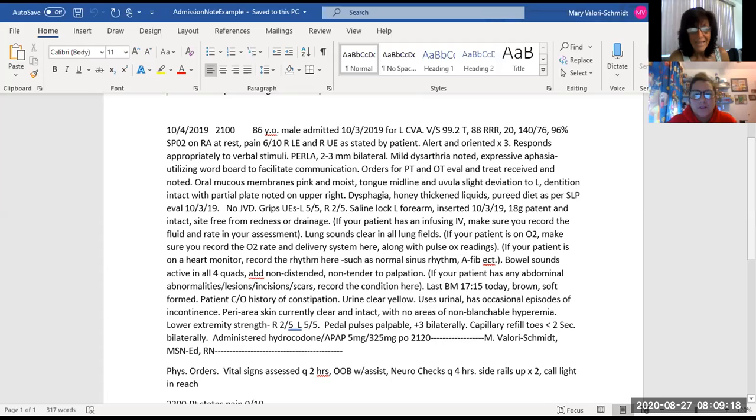So when we talk about that comprehensive assessment, that's a head to toe assessment. You're checking everything. Focused assessment, what is the chief complaint? And then you mentioned SBAR. The SBAR is a document that literally was invented by a team of nurses and physicians put together by the Department of Health and Human Services, which runs Medicare and Medicaid for the United States of America. About 15 years ago is when they started working on that,